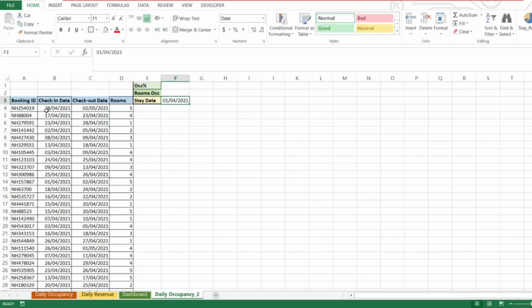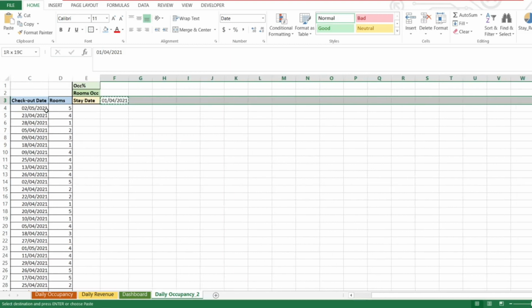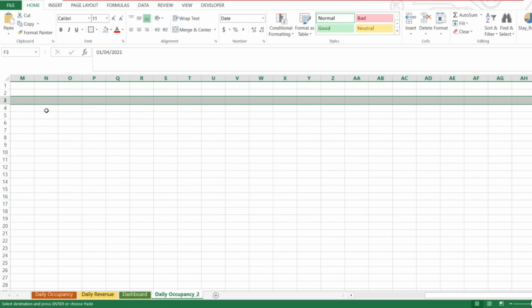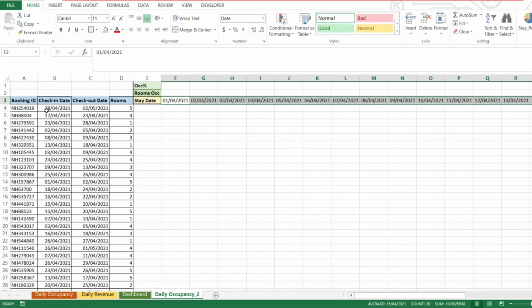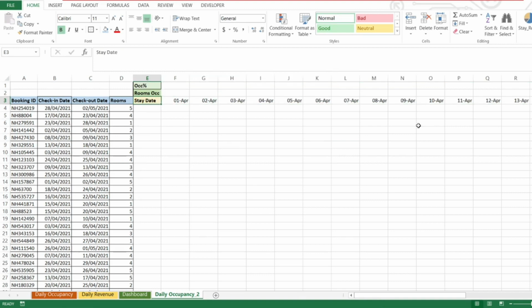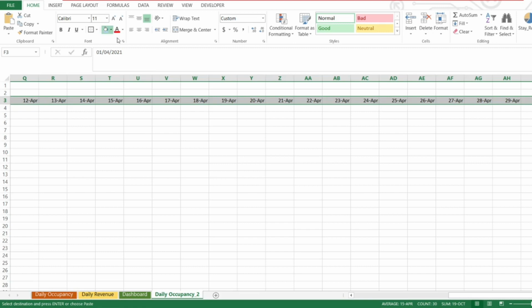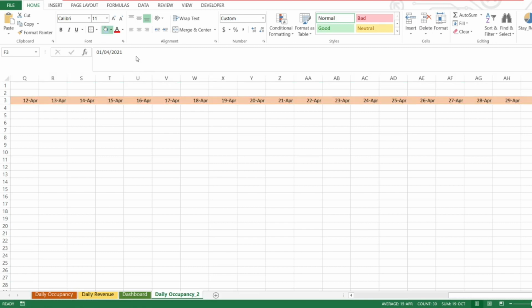I'm going to enter the first date of the month, and I'll fill up all the columns in this particular row for the entire month. There's 30 days in this month, and I use autofill series over here, and I get all the days of the month. I hope this is quite self-explanatory. I'm going to change the format for the purpose of simplicity, and I'll use a better format for the date, which is the day and month in a text format. Once we have this, I'm going to give a color coding to this entire row for the sake of simplicity.